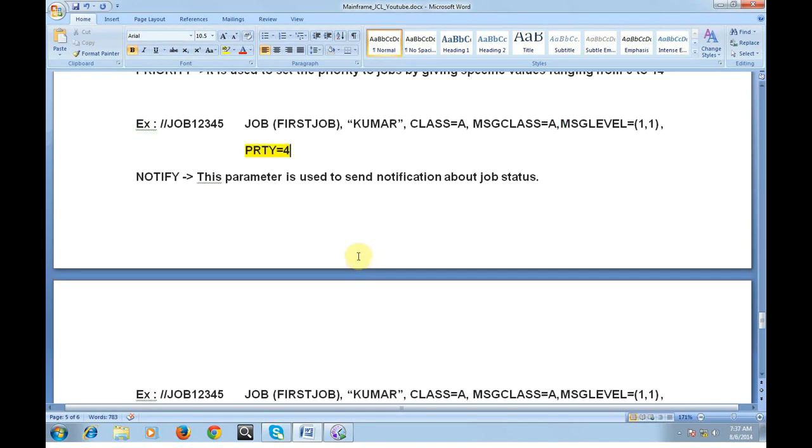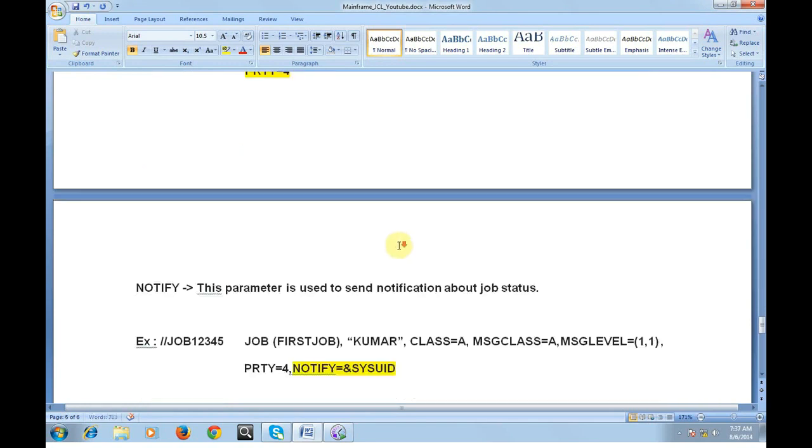Notify. This is another keyword parameter used to send notification about the job status. Once the job is executed, it will throw a return code, with 0 or 4, stating that so and so job has been completed, and you can go to spool and check the job log or the job status of it.